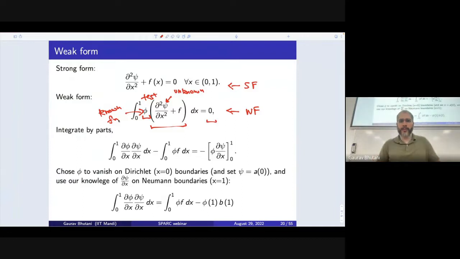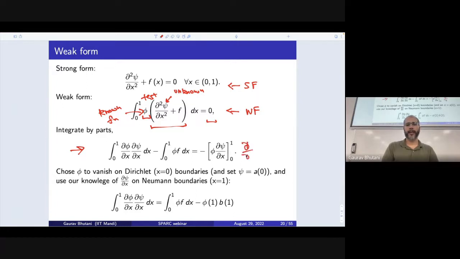Right. So accepting the fact that weak form gives us the right solution, we now integrate the weak form by parts. And when we do that, this is what we get after applying integration by parts. Now, the reason we do this is we want to get rid of the second derivative of psi. So what we have done is, very smartly, we have reduced the equation, which only now has